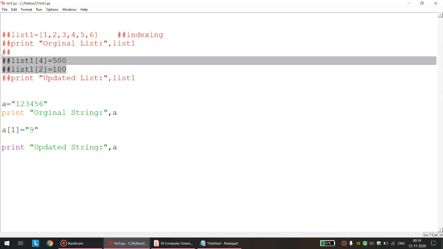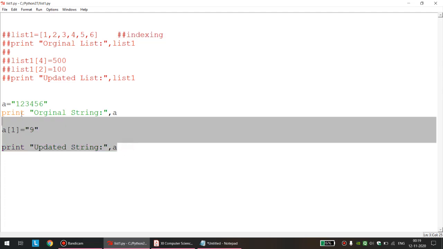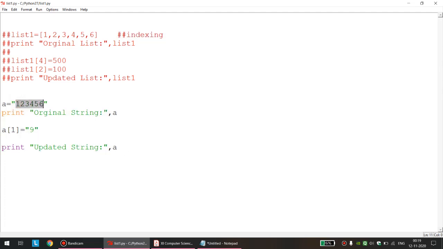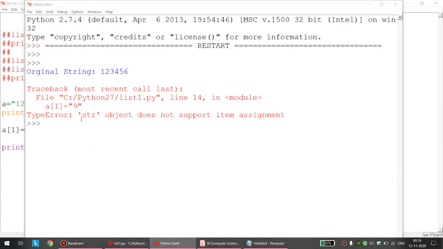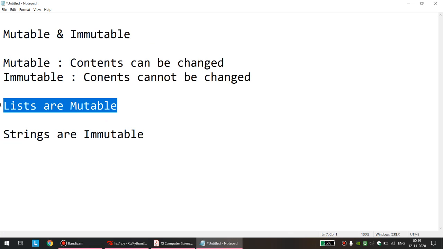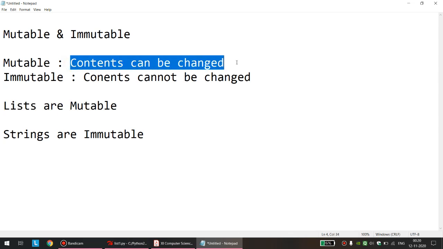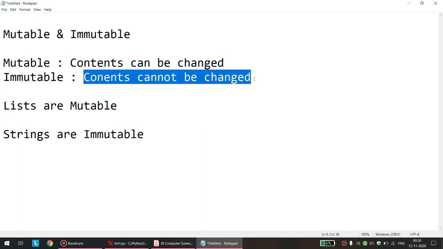We demonstrated this, we observed the output. But by the same method of indexing, we cannot change any content of a string. Python is directly giving an error that this method is not supported by str. Str is string. Okay. So thus we prove that lists are mutable. What is the meaning of mutable? Once any structure is created in Python, if its contents can be changed, that structure is called a mutable structure. Once any structure is created in Python, if its contents cannot be changed directly by indexing method, that structure is